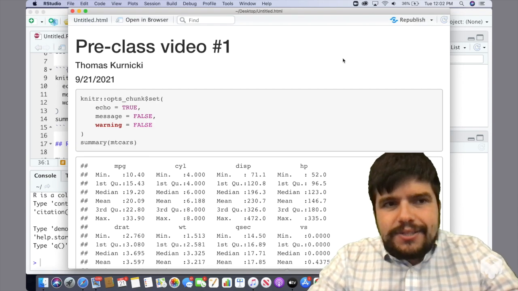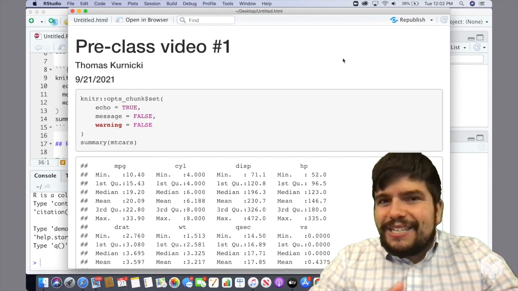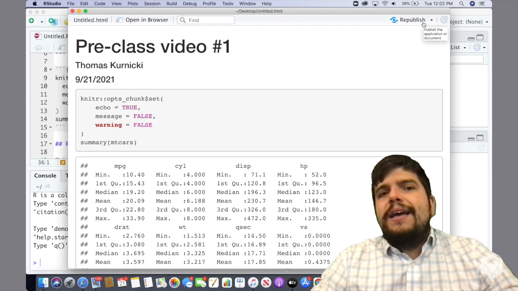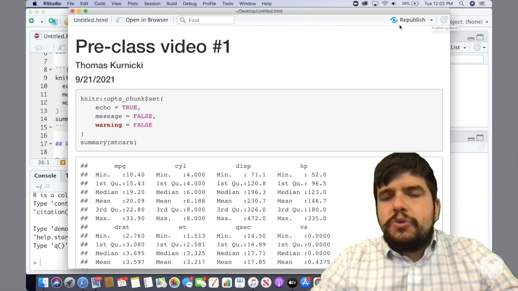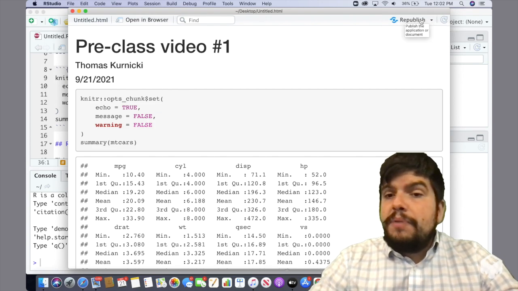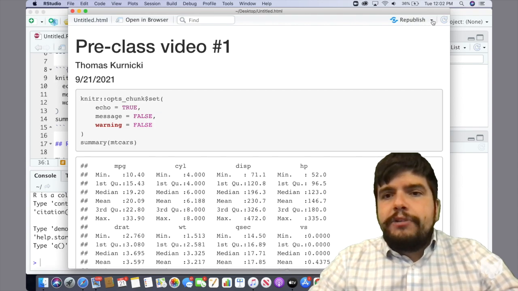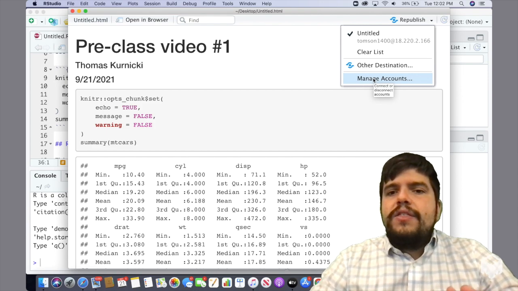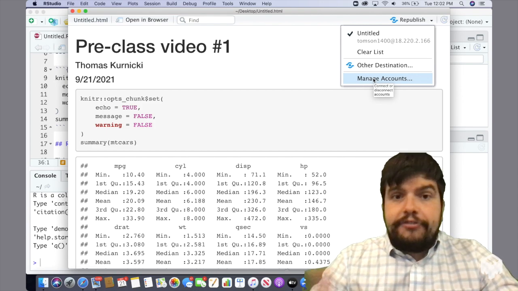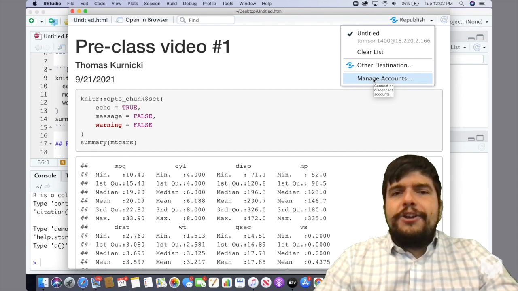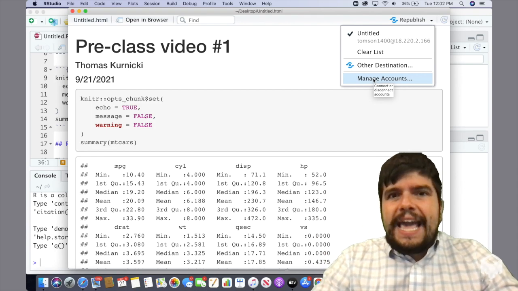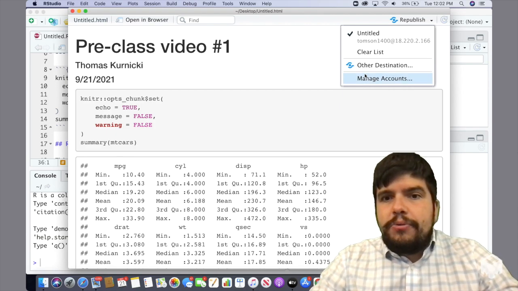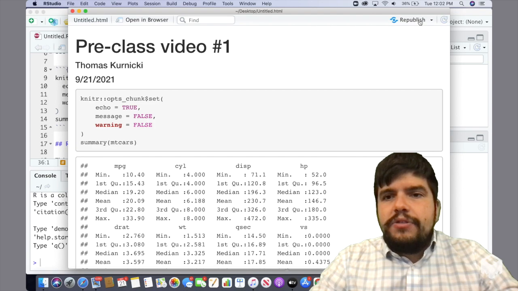I can either print this in a printer, but that's not best practice. The best practice would be to publish this report on the R server. So if I go to this republish, actually you might see publish or republish in the upper right-hand corner. You can actually connect to different accounts on the R Studio server, and they are free. So look into it. Your homework is to look into getting a free account on the R Pubs server. Actually, we can go there and publish your report on the R Pubs